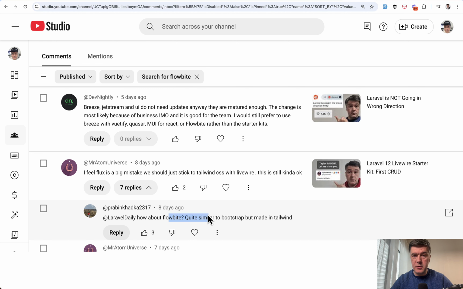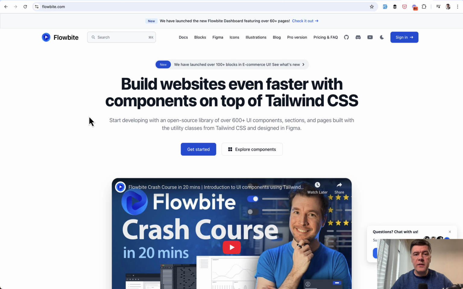Is it possible? Flowbite, if you haven't heard of it, is one of the most popular libraries for Tailwind with a lot of UI components. It's not related to Laravel, but it is possible to use in Laravel. It is also not free if you want to go pro with more components. But the free version is very powerful with a lot of components, and let's try to use it in Laravel